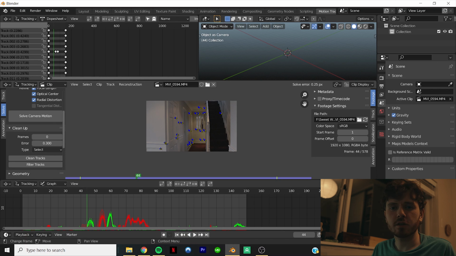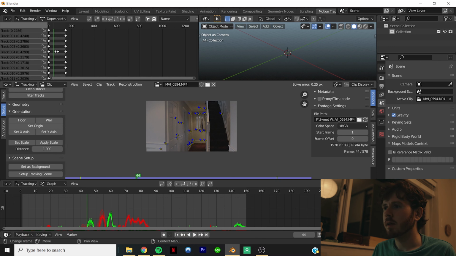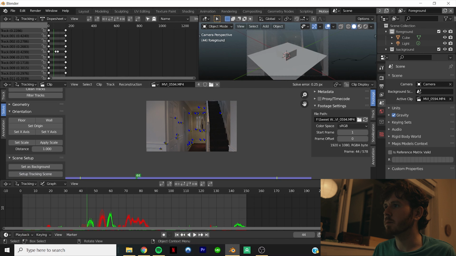So once you have a track you're happy with, and you might want to go further than I did there, and that's fine, you can go all the way down to scene setup. You can click setup tracking scene. And that's going to pop it up into the viewport here. And if you press play up here, now you'll see that it creates a camera up here with the actual motion that it's tracked from your camera,